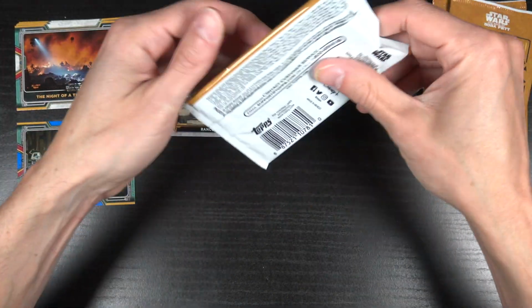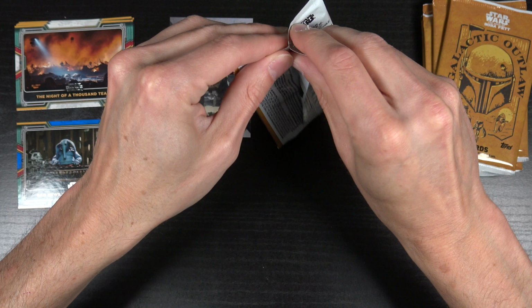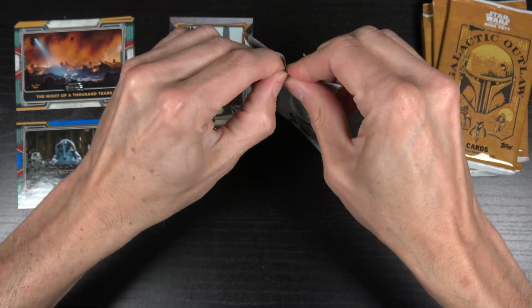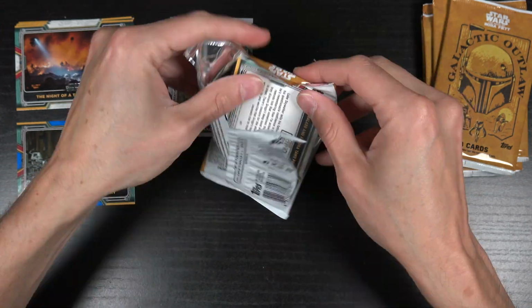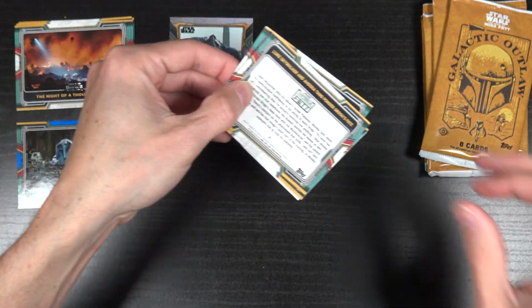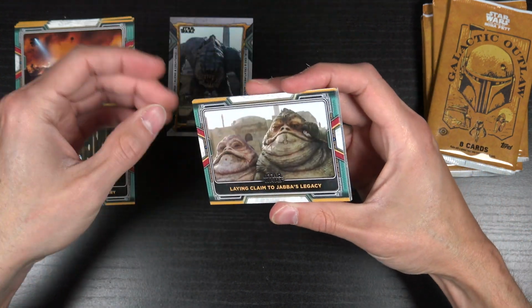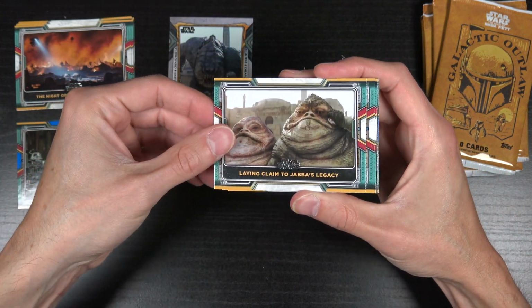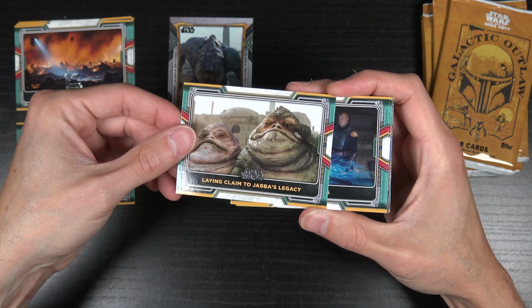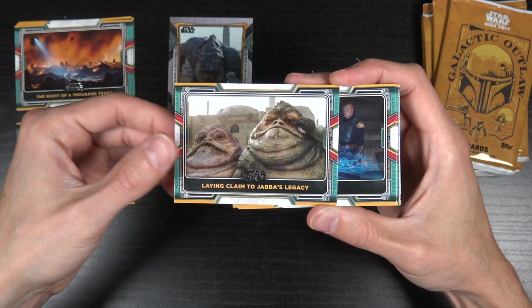But yeah, Topps dropped Obi-Wan Kenobi trading cards, so I got a decent break on that coming up. Those were decently priced too, actually, so it's a similar number of cards. I think it's 7 packs, 8 cards per pack, and those were only $65, so props for Topps for dropping the price